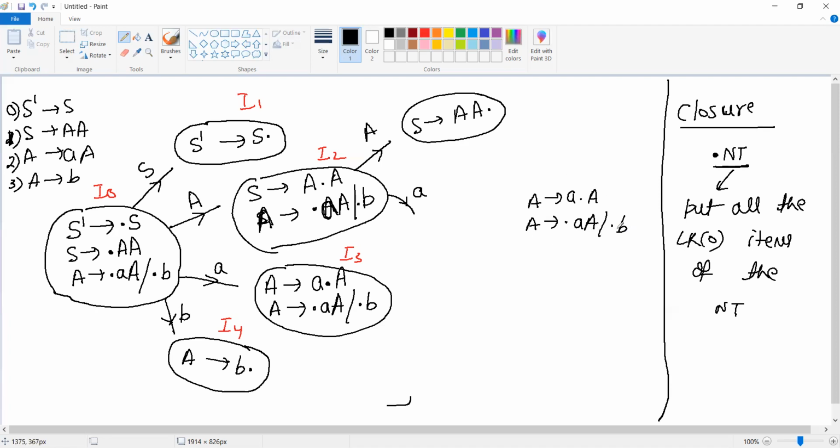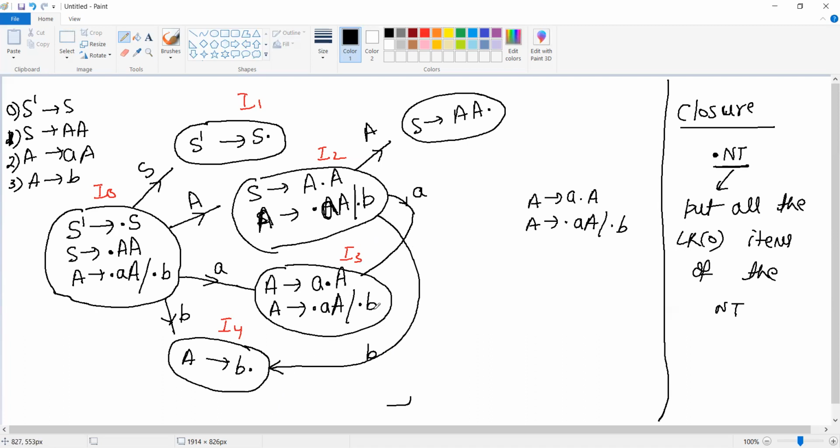Now you check, these two productions are coming in the I3 state as it is. So I'll put the arrow over here. So on seeing a small a, I am returning to the I3 state, right? Similarly, on seeing a small b, if you check, you are going to the I4 state. You are going back to the I4 state on seeing a small b. Fine, okay.